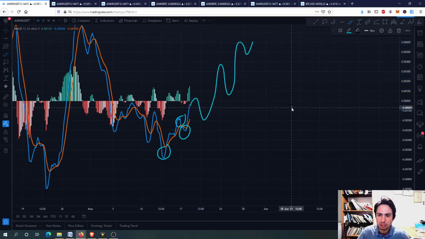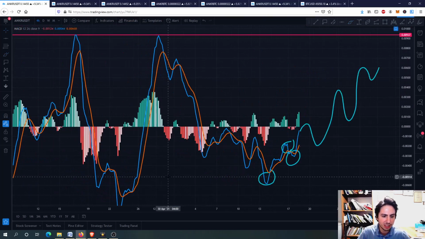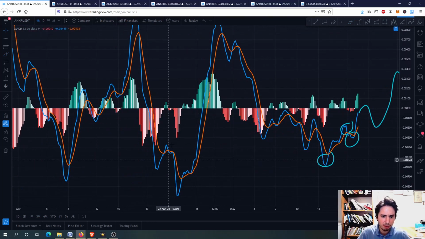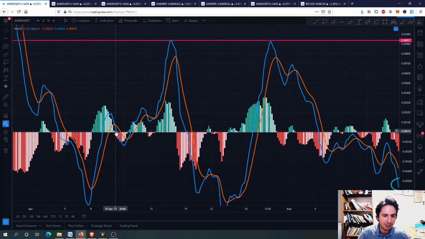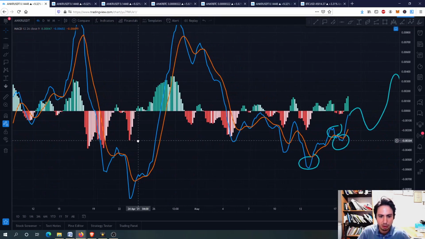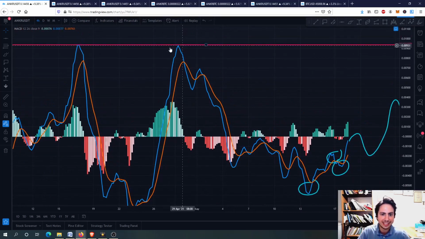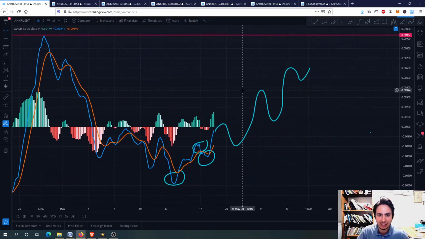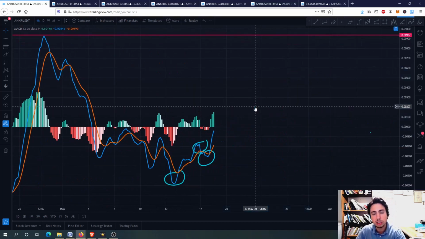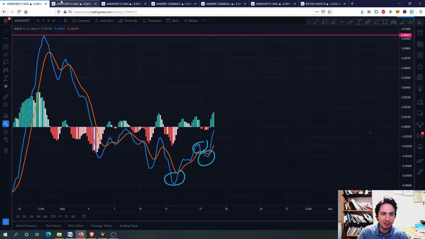I don't want to see the same from here, where we had lower lows. For example, I want to see something like this, guys. Like this back on 10th April, where we had higher lows and higher highs, eventually went up here and went down all the way afterwards, then went and had the same top. Now I want something like this for Ankr. I am cautiously optimistic and I will tell you the reason afterwards.